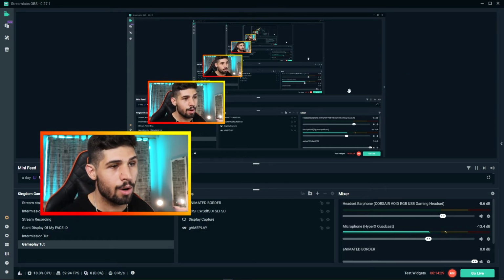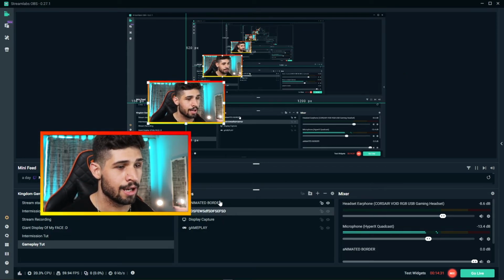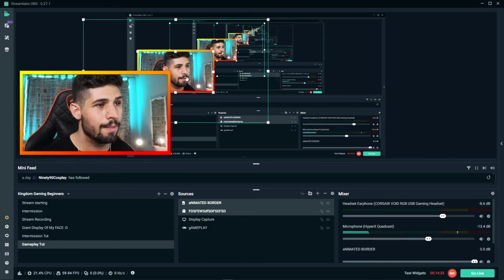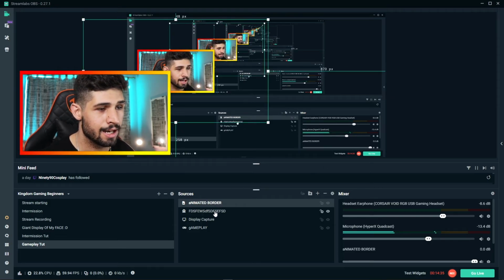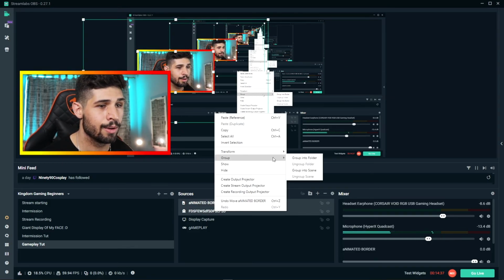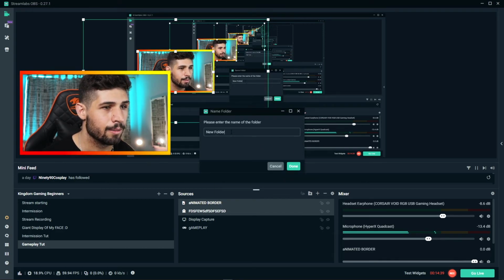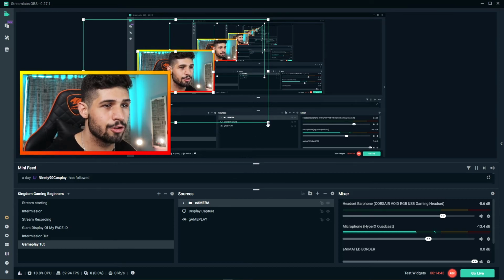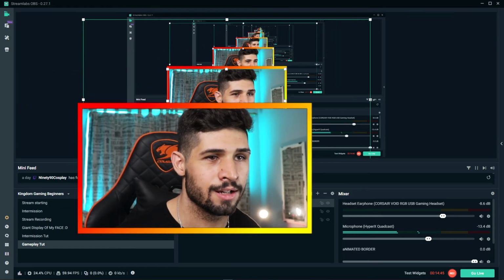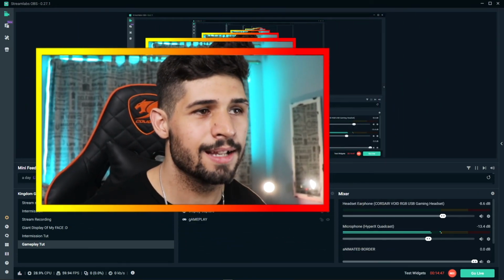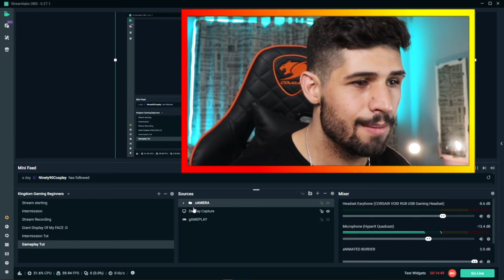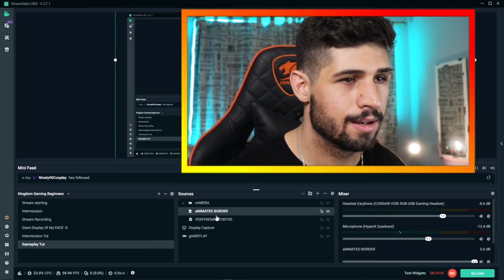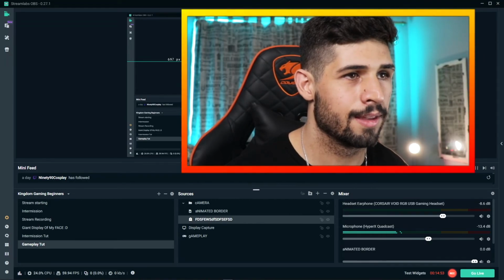So now what's a cool, quick and easy way to resize both of these? Well, we've done it before. We just select both layers, right click, and then we group, and then boom, you call this camera. Whenever you select this, you're controlling and moving both. And let's say you want to change just the camera layer, just open up the group, select this layer, and then you can just